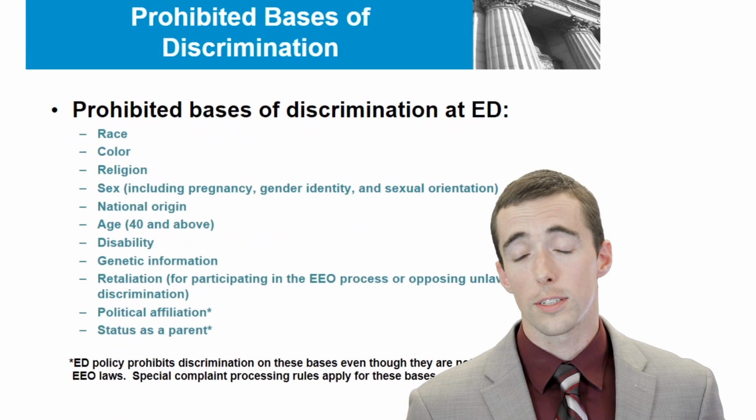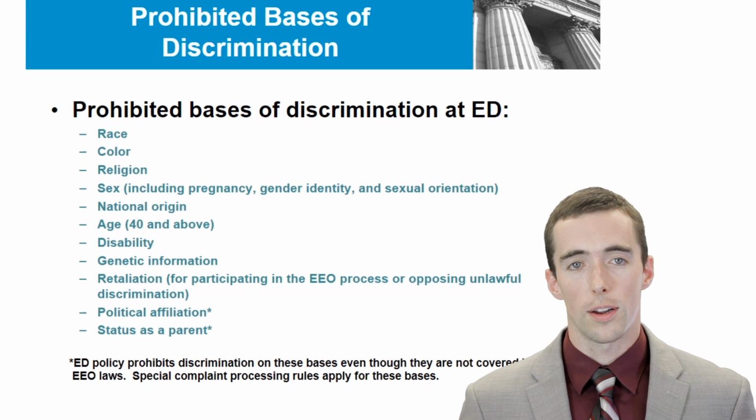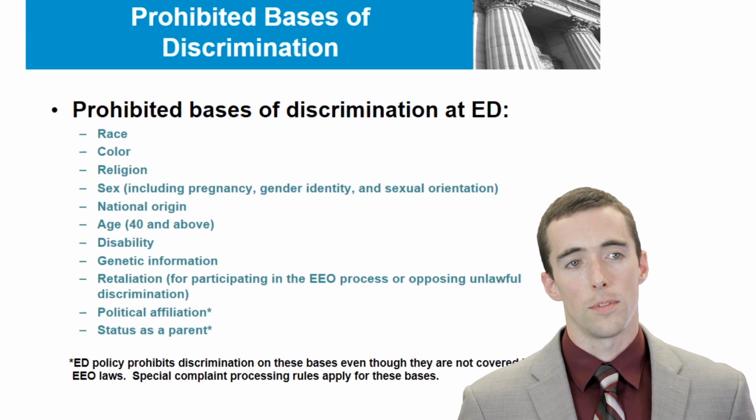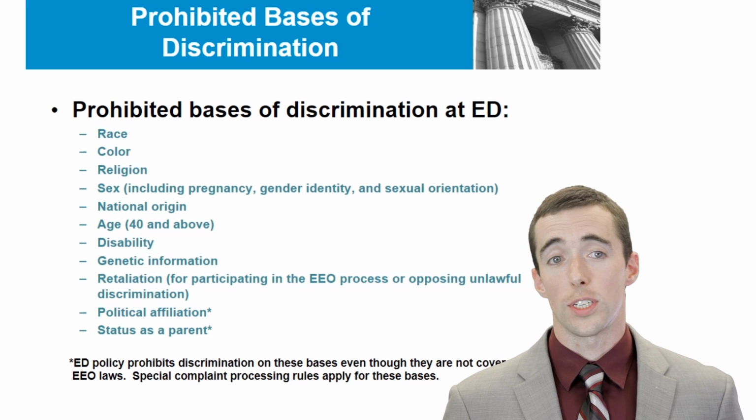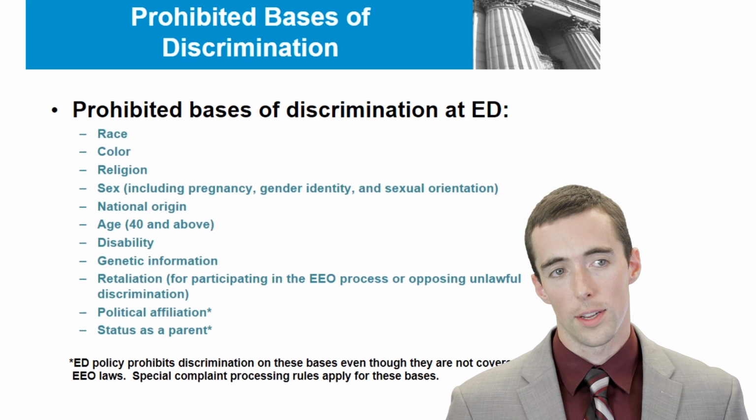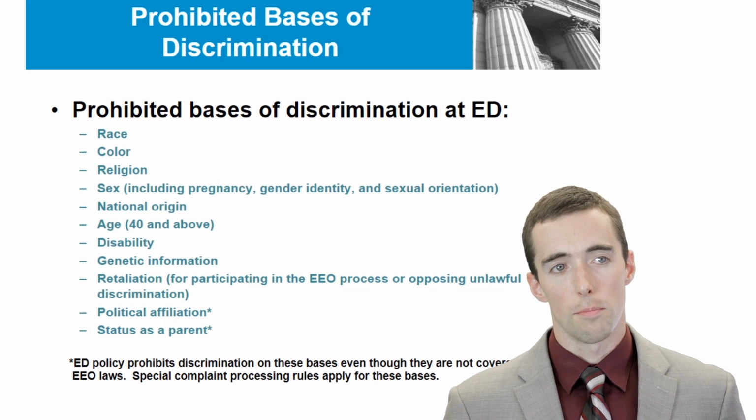Pursuant to federal laws, regulations, and Department of Education policies, which I'll discuss briefly a little later, there are certain prohibited bases of discrimination, or in other words, certain reasons for which it is unlawful to take an adverse personnel action. The following are prohibited bases of discrimination here at the department: race, such as Caucasian, African American, or Asian American; color, such as white, brown, or black; religion, such as Christianity, Judaism, Islam, or atheism; sex, male and female,